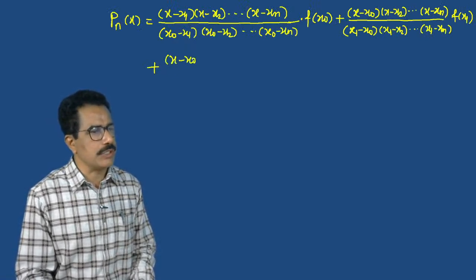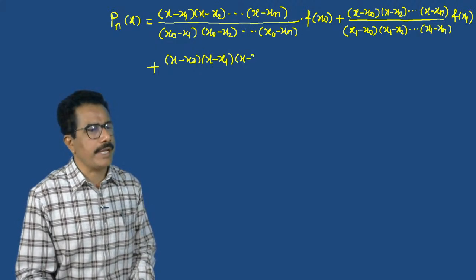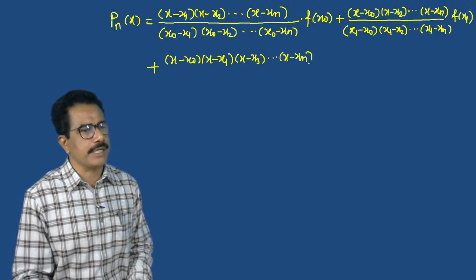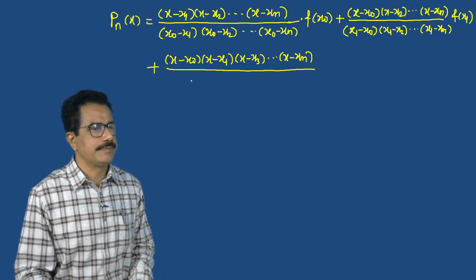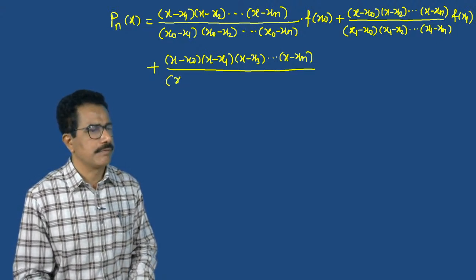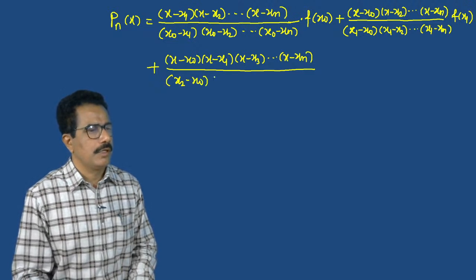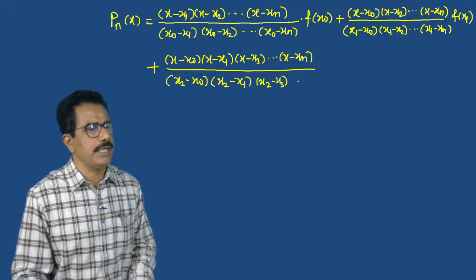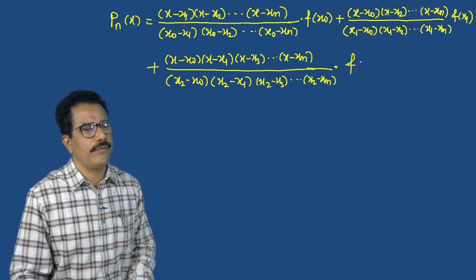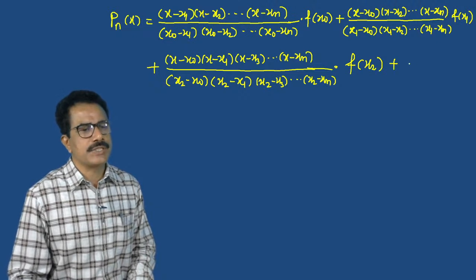x minus x0 x minus x1 x minus x3, x2 येणार नाही, dot dot dot x minus xn divide by x2 minus x0 x2 minus x1 x2 minus x3 dot dot dot x2 minus xn into f of x2 plus dot dot dot